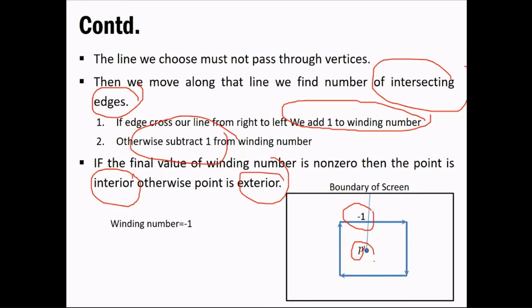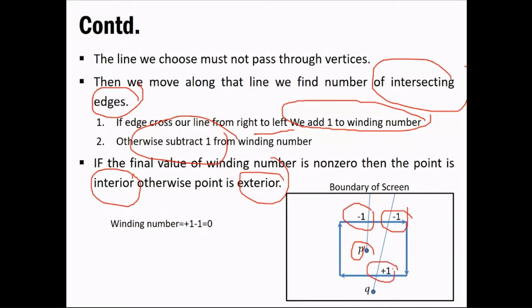And if your counter gets back to 0, then you simply make the decision that the point is outside. Over here we have one more case, as you have seen in our example, that is for Q. It is passing through two lines, and similarly we have two different cases over here. First, if your line is from left to right, then you subtract 1, and if it is from right to left, as shown over here, then we need to add one to this winding number.